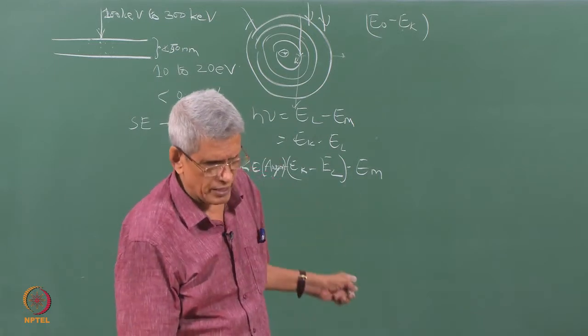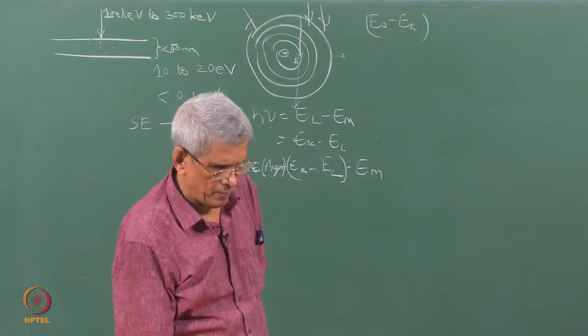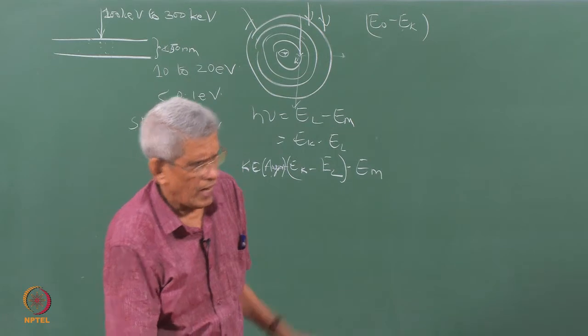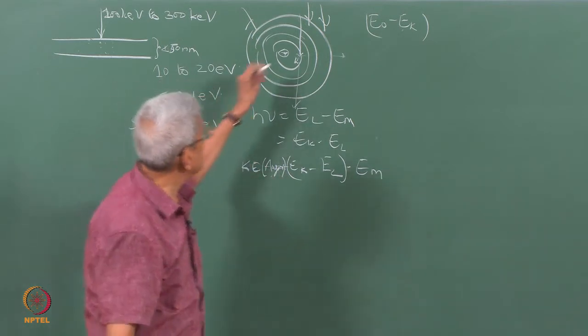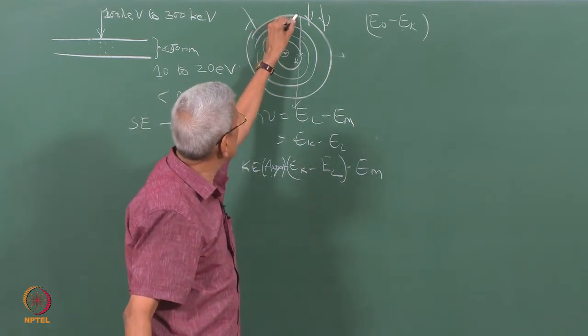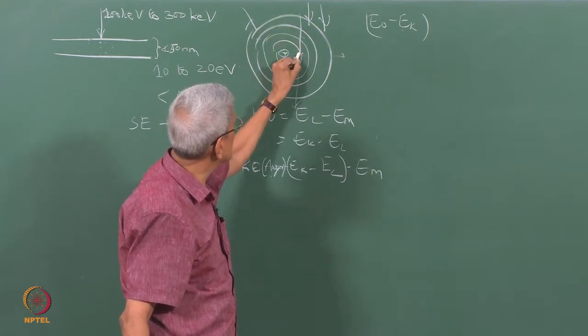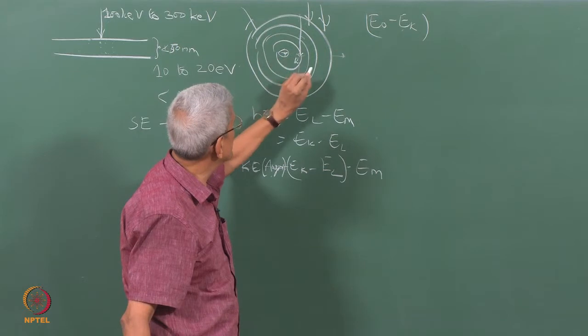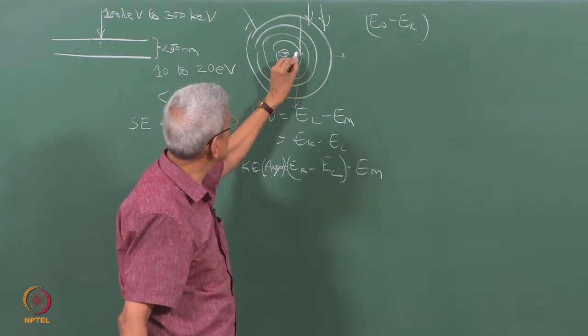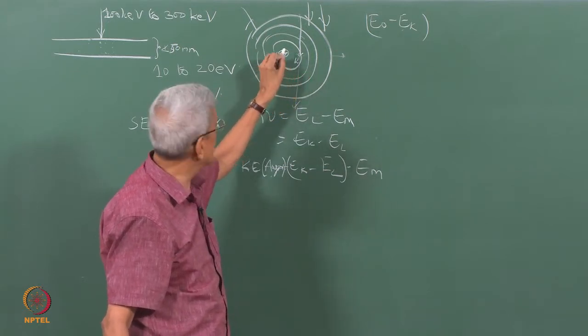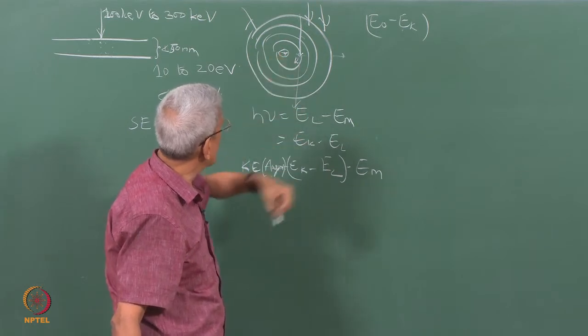We will come back to it in a minute. Okay. Another important factor which I mentioned is that there is a probability that as the electron enters into a sample, it loses some energy. Suppose it has lost sufficient energy, it has not sufficient energy to knock out an electron from this, okay, this will contribute to the background level.